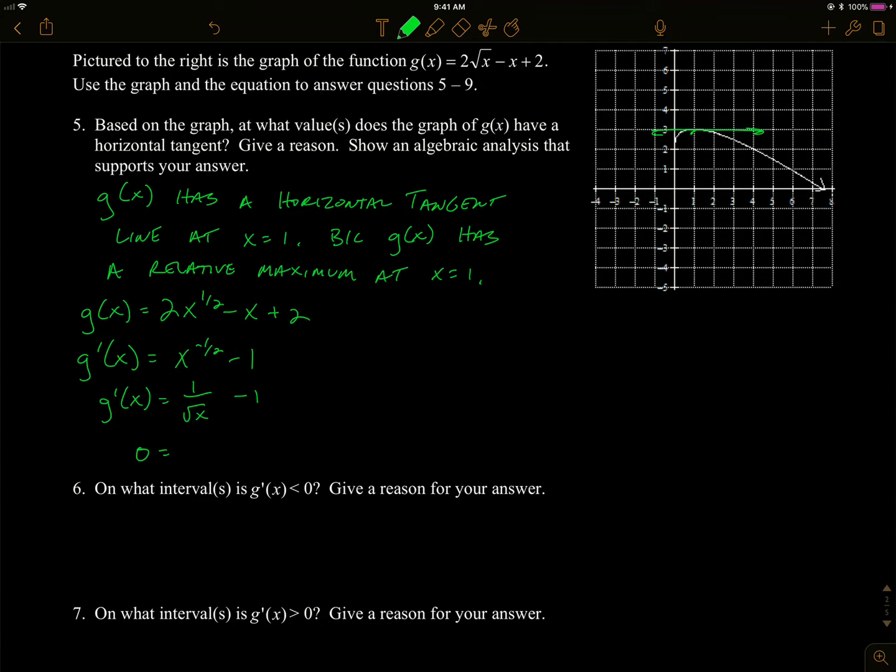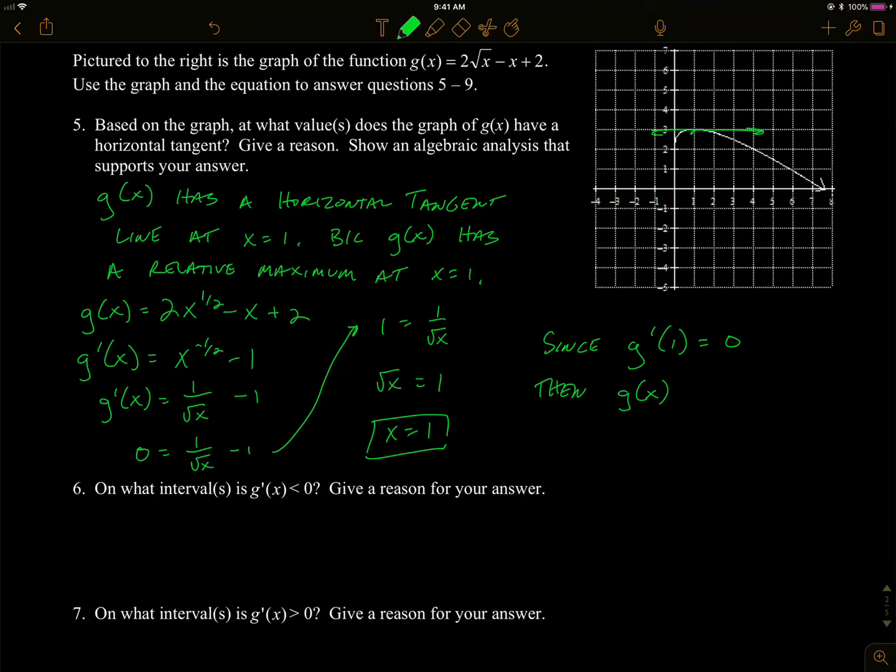So if I want a horizontal tangent line, I can set my derivative equal to 0 and solve for x. So I get 1 equals 1 over root x. If I cross multiply, I get root x equals 1. So then x has to be 1. That verifies what I just saw. So we can say since g prime of 1 equals 0, the derivative at 1 equals 0, then